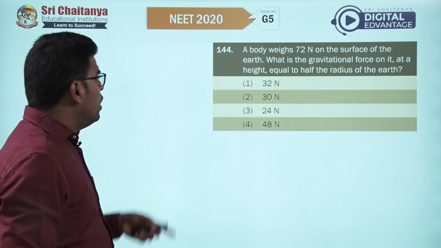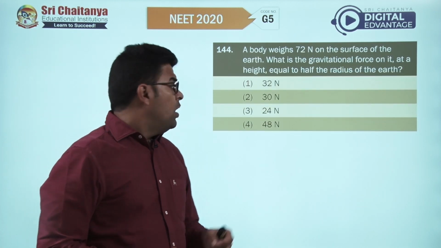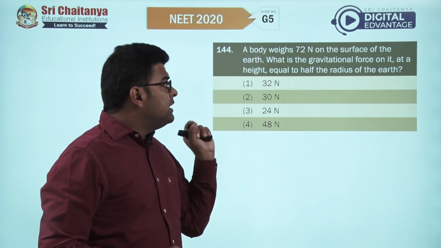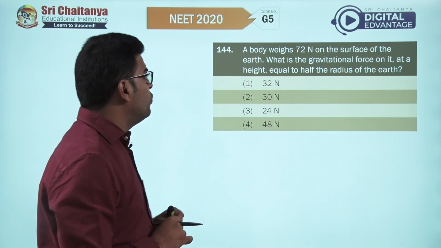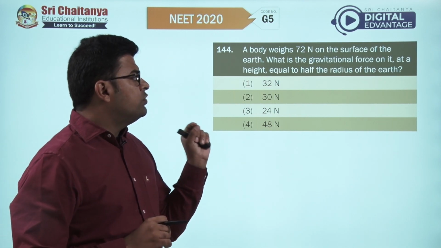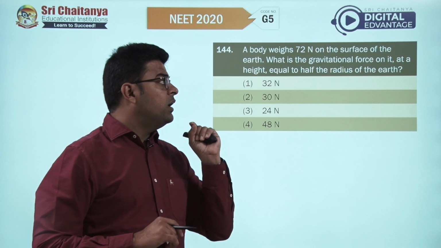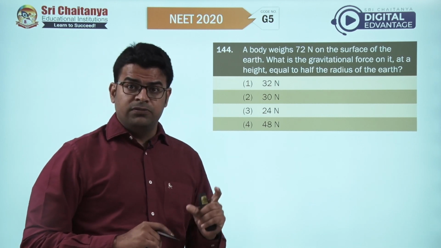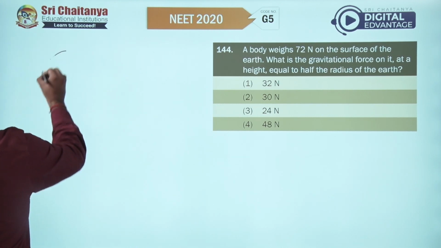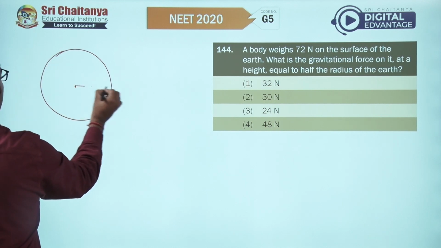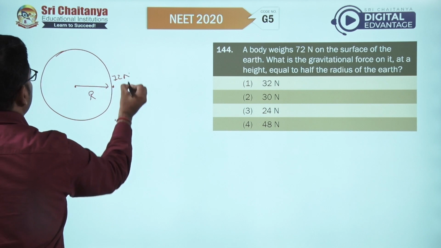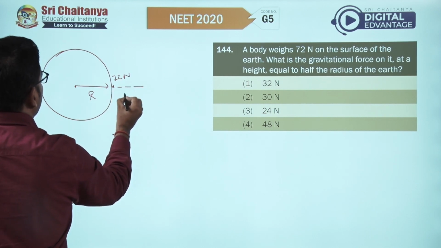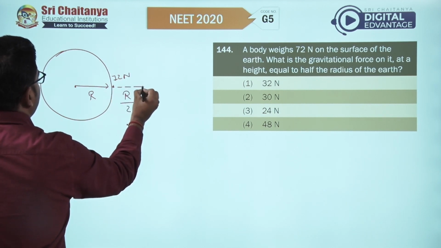volt. Question number 144. A body weighs 72 Newton on the surface of Earth. On the surface of Earth, weight is 72 Newton. What is the gravitational force on it at a height equal to the half the radius of Earth? So, on the surface of Earth, let us say Earth has radius r, the weight of the body is 72 Newton. So, they are asking at a height equal to r by 2, what will be the weight of the